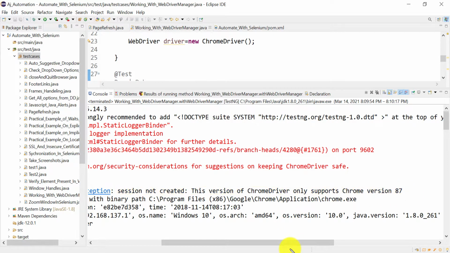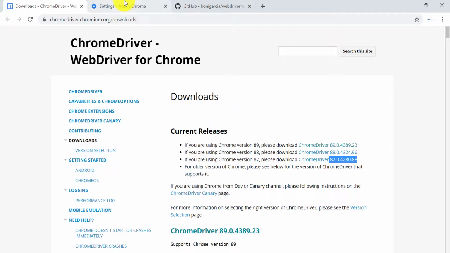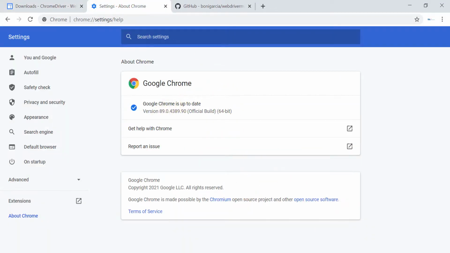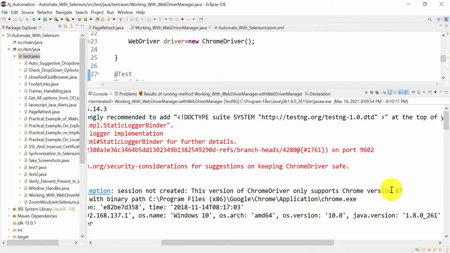That means I have Chrome version 89, and you have downloaded the 87 Chrome driver. This driver only supports Chrome version 87, so you need to download and install the Chrome browser of version 87. Then only it will work.